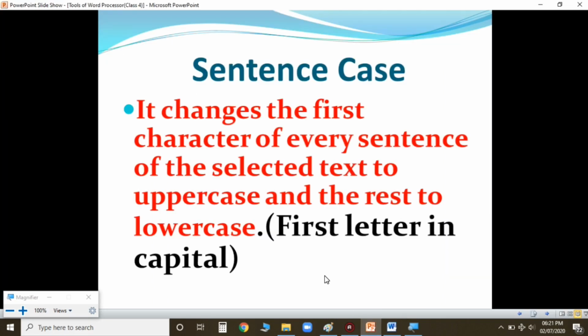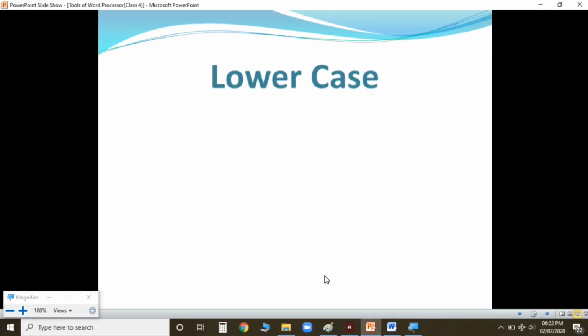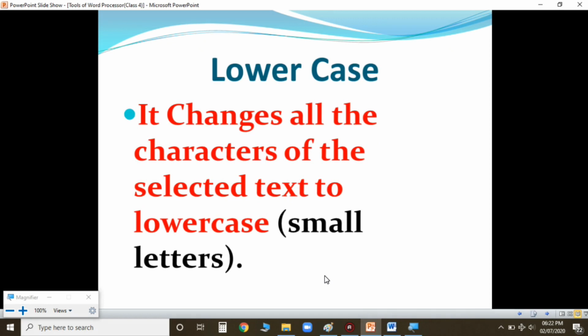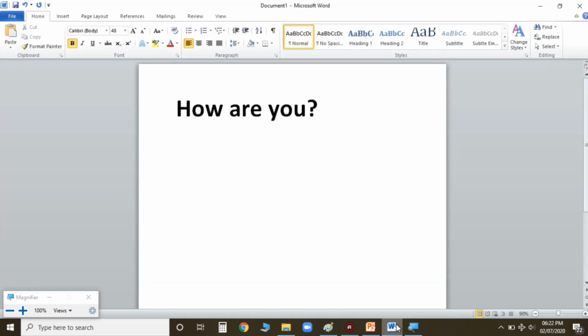Now second is lowercase. In lowercase, all the letters will become small letters. Now I'm going to show you. See children, I'll zoom my screen.